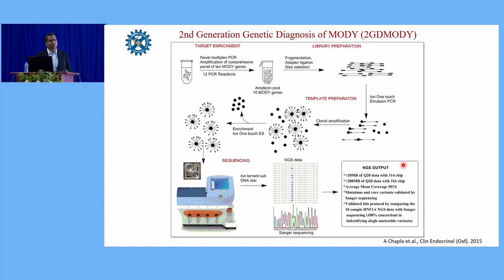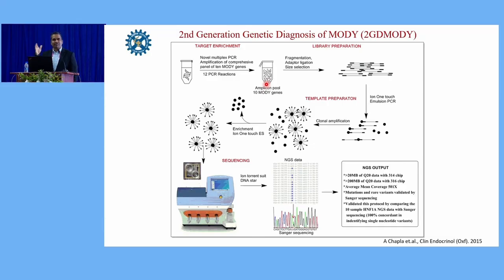However, whenever you're bringing a technology into a clinic, you can't just use it. You need to establish the protocols and benchmark it, and that's what we did early on. So we developed our own methods here. If you want to use NGS, the first step is target enrichment, so we need to amplify those targets. The commercial kits cost somewhere around $150 to $200 when we started our work. We quickly realized there's no way we could put in that amount of money, or our patients could afford it. So we developed our own multiplex PCRs, and we amplify all the MODY genes using these multiplex